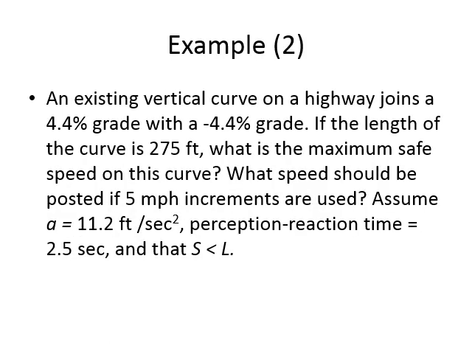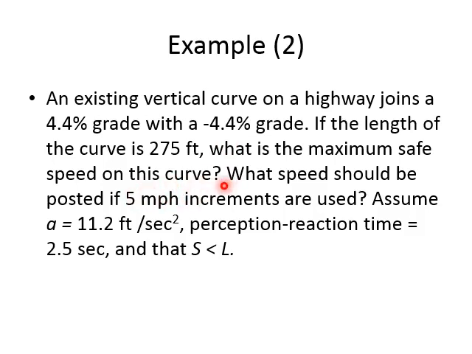Then this is another example. We have an existing curve. The curve is already there and it is designed and the gradients are given, and fortunately the gradients are the same, but one of them is positive, the other one is negative. So again G1 is more than G2, positive is more than negative. The length of the curve is given. Maximum safe speed is required. We want to calculate the maximum safe speed on the curve.